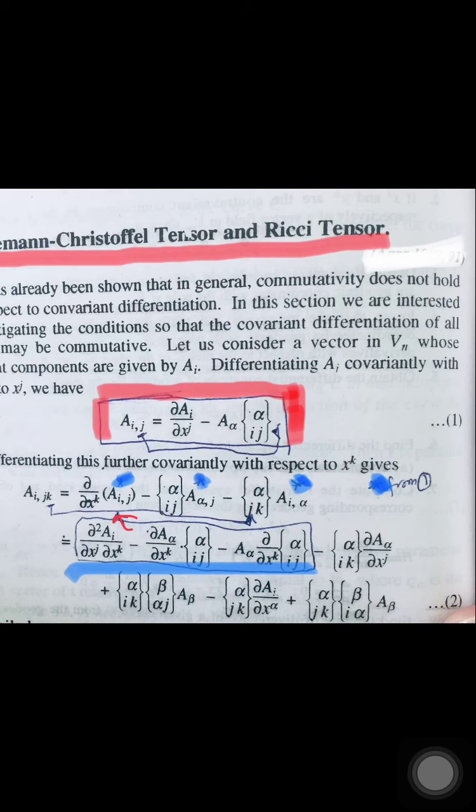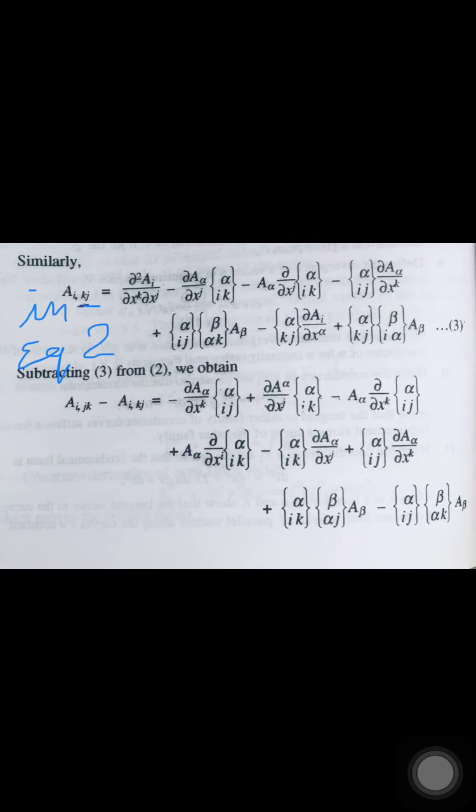This is a very important term. How do we obtain these seven terms? Okay, this is written directly in the book, but the method behind this I explain here, how we obtain this. Okay, so we get seven terms in A i comma jk. Okay, clear? In the next slide, what we are doing, the same equation 2 here.